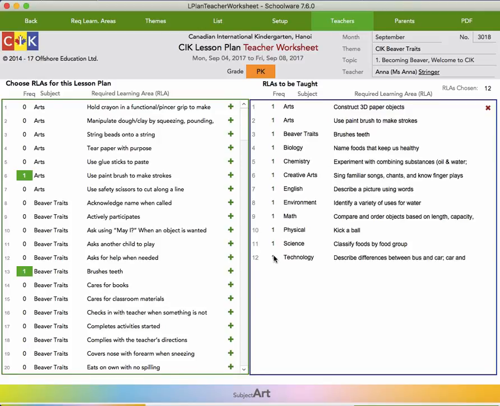You have about 150 RLAs for each grade. You have about 40 weeks of teaching, so you have to teach 4 new ones each week, but with 5 days you've got to increase it. So we think you should have about 12 to 20, and that's the size of this window. We have seen people put in 99 of these before, and we know you cannot teach 99 RLAs in 1 week. There isn't a teacher alive who can do that. Anyway,